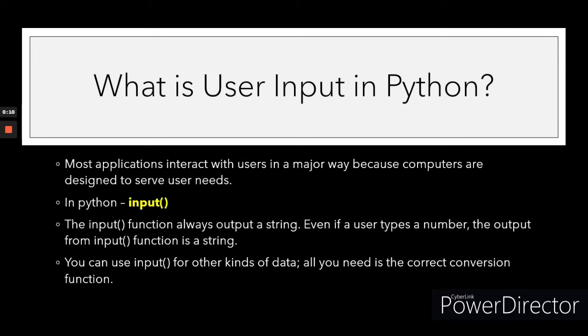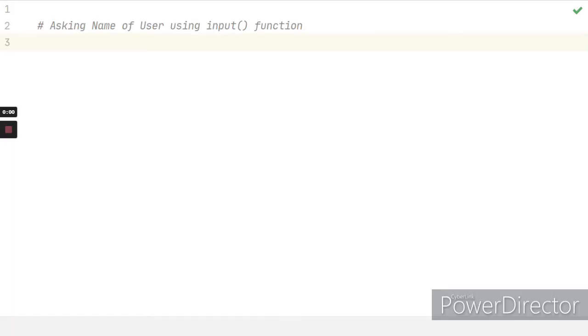But if you're still confused about what is user input, then I'm going to tell you in simple words that user input is something where user involvement is needed. So for example, your car cannot drive by itself. You need a user, unless it is a self-driving car. And if you're still confused on what is user input, then you can tell me in the comments or contact me, and I will try to respond as soon as possible.